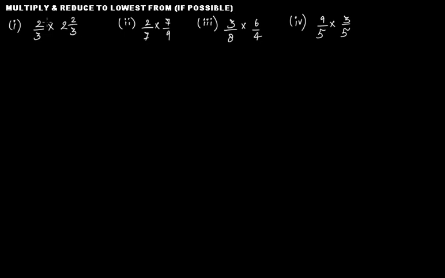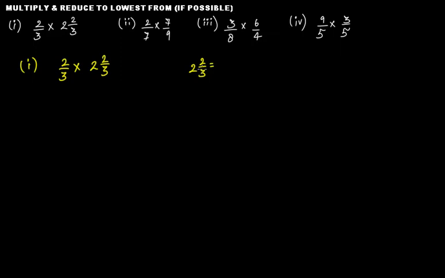In the second problem, we have to multiply and reduce to lowest form if possible. So let's take the first one. The first one is 2 by 3 times, this is a mixed fraction, so this 2 is a whole number and 2 by 3 a fraction. Now we know that this 2 and 2 by 3, since it is a mixed fraction, can be written as